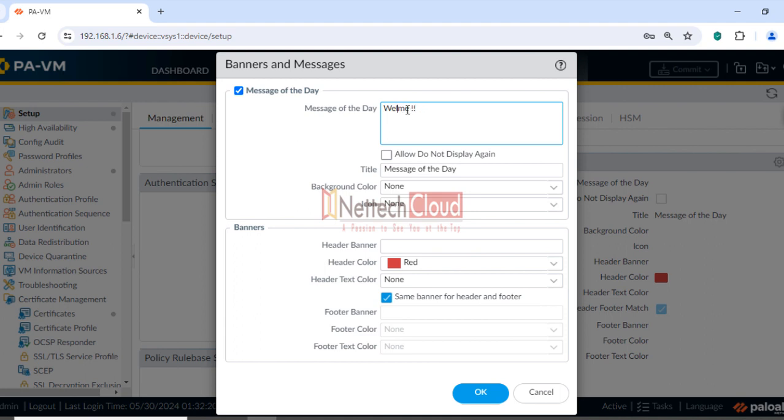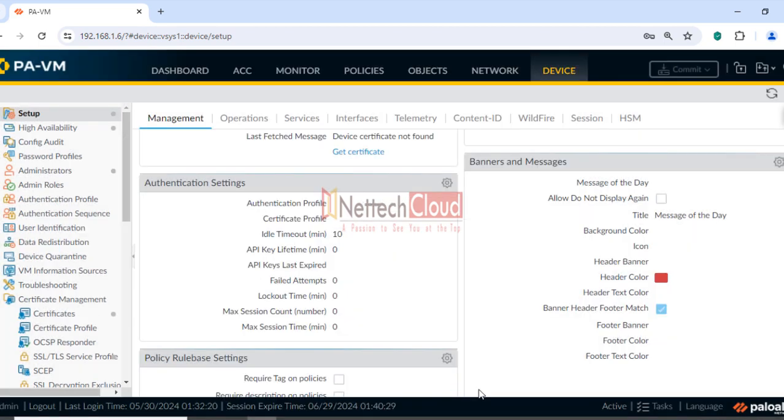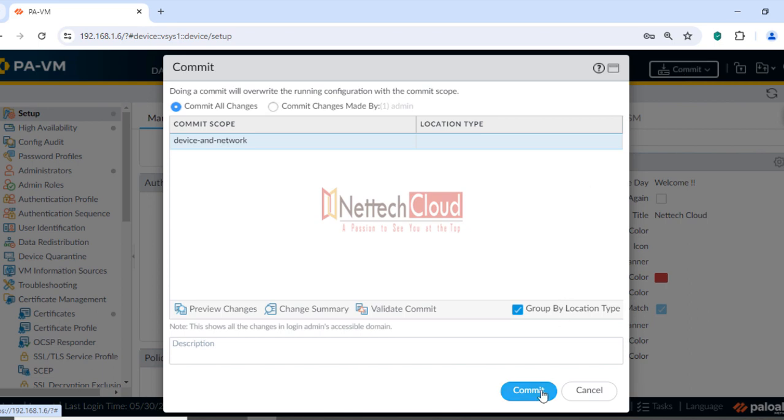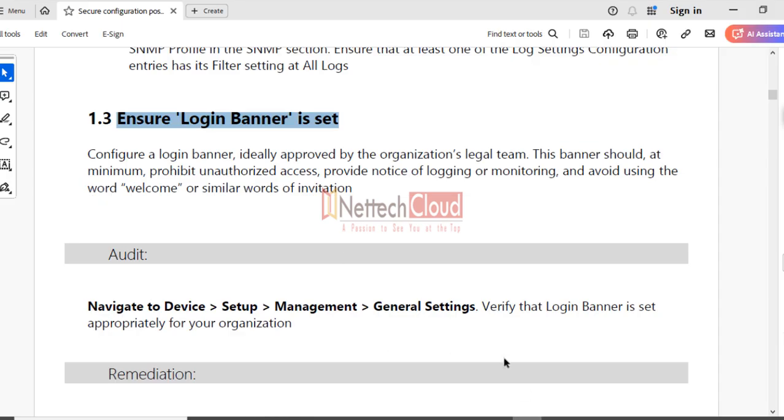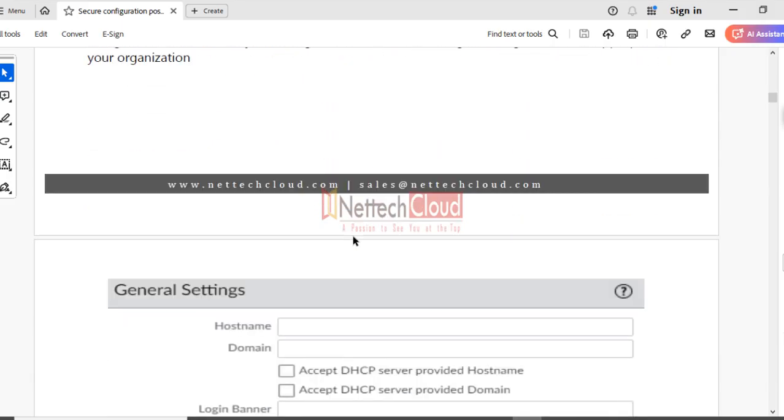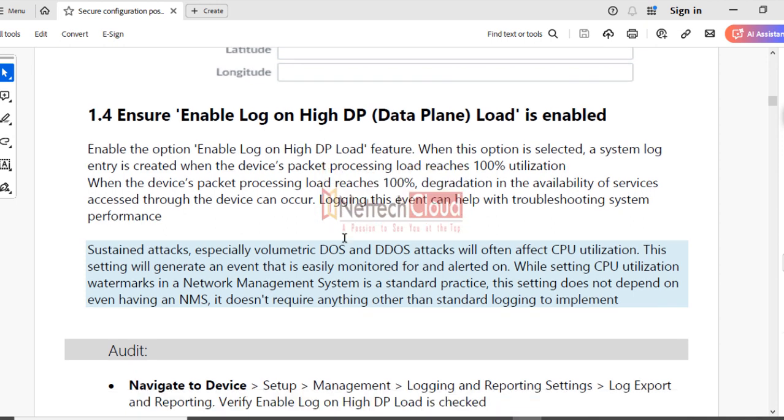Let me correct this, and the title, message of the day, or whatever title you want to set here, you can set. Color, self-explanatory, I hope you understand setting up this message. So MOTD is different than the login banner. Because MOTD is displayed once we have successfully logged into this web UI page, then the message of the day is displayed, and the login banner is different. So this way we can configure both, right? As a best practice, we should configure the login banner, and I will show you the message of the day also. And then the fourth one, as I mentioned before, enabling log on high DP load,